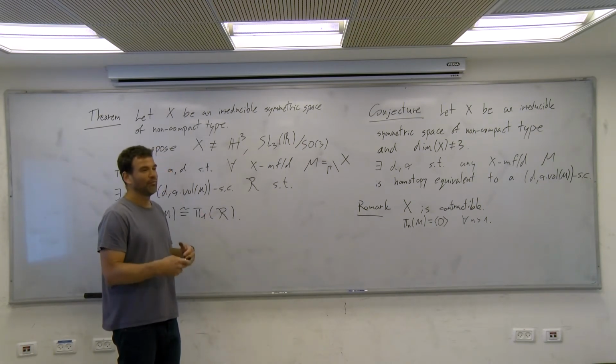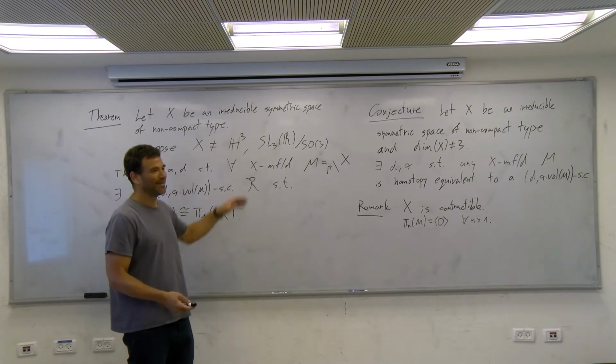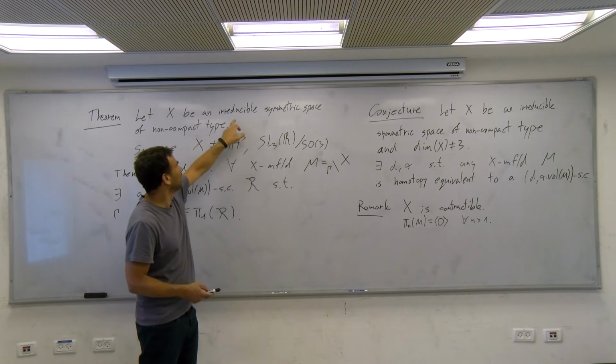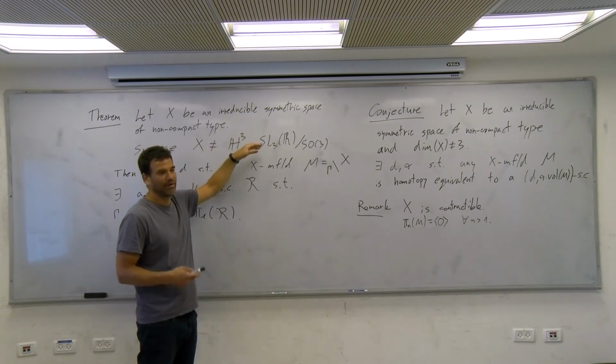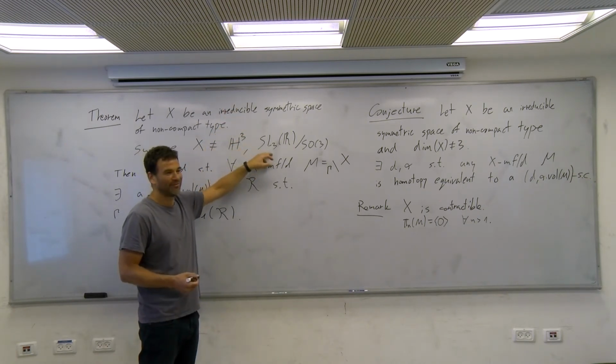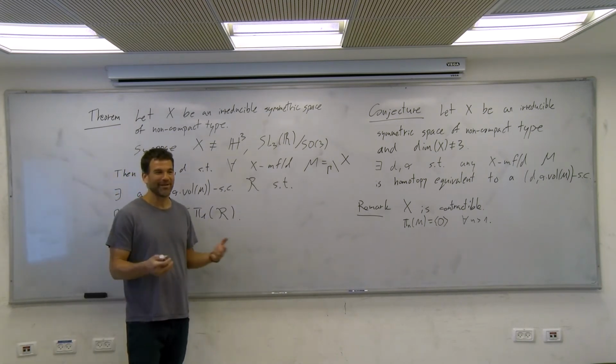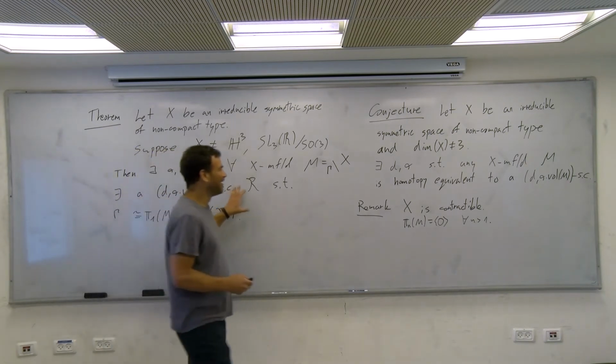And today I know how to prove it in all cases except SL3R, if I assume irreducible. If you don't assume it, the other case I don't know is SL2 times SL2. So sometimes the simplest examples turn out to be the hardest case. So that's